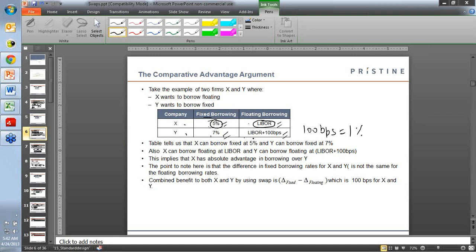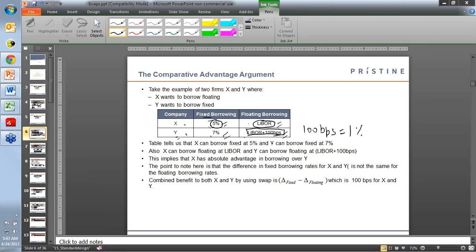So here we can say that the situation for Y is slightly better in case of floating borrowing costs. So if they are to engage in a swap, it would be ideal if X can take a fixed borrowing loan at 5% and Y can take a floating borrowing rate loan at LIBOR plus 1%. Okay, so one thing to remember here is that the combined benefit, that is the total reduction in